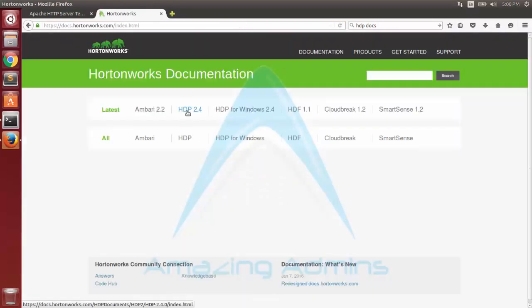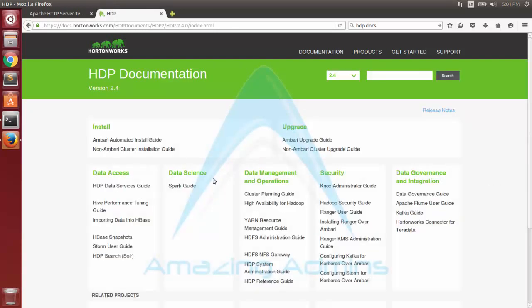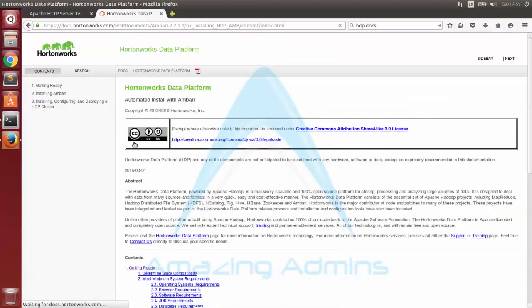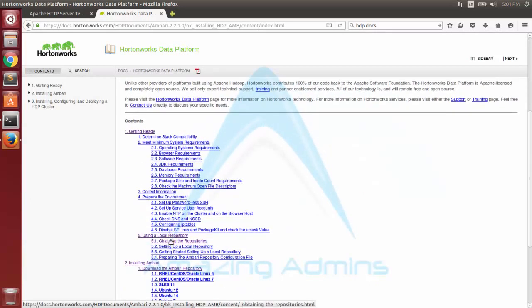As you see, HDP 2.4 is there. Go to it. I'll go to the Ambari automated install guide, as we'll be using Ambari for installing the Hortonworks distribution for Hadoop. There you can see that it has the repositories.